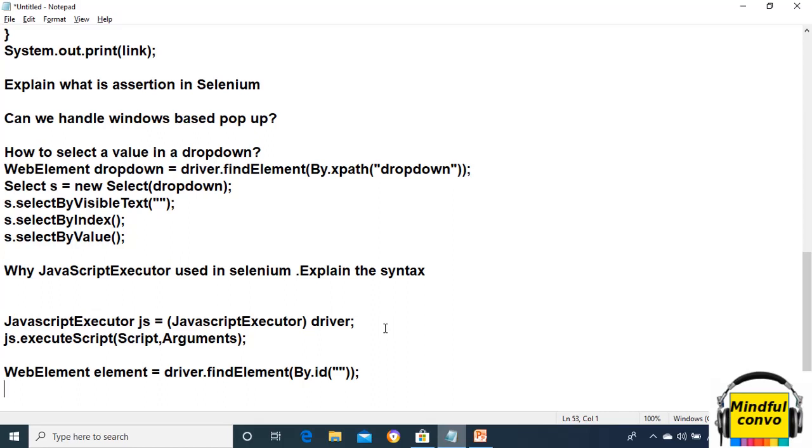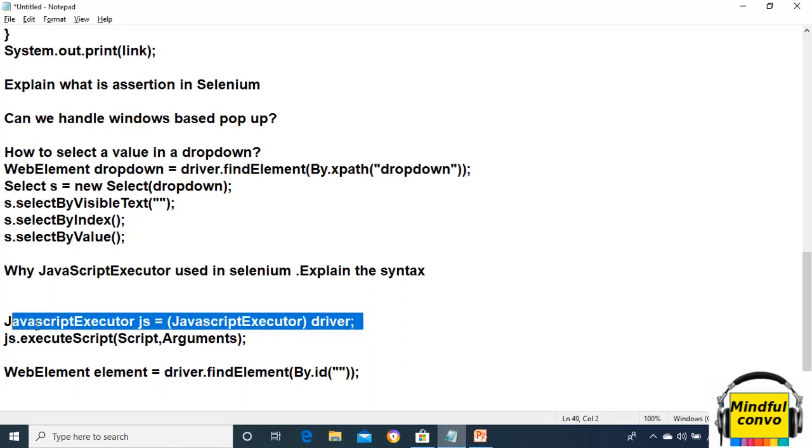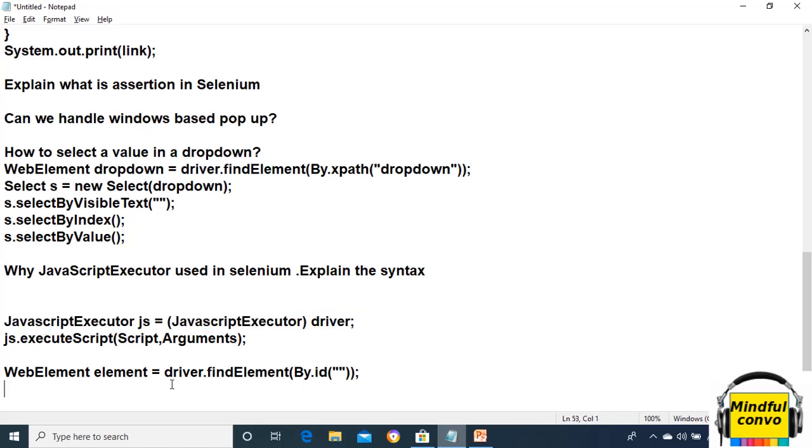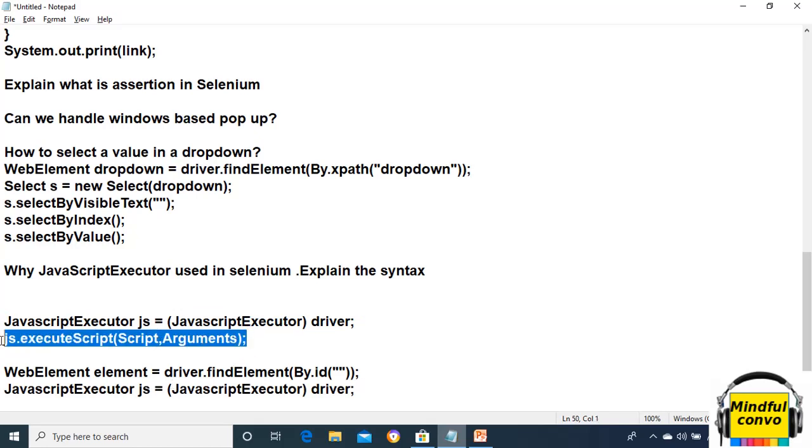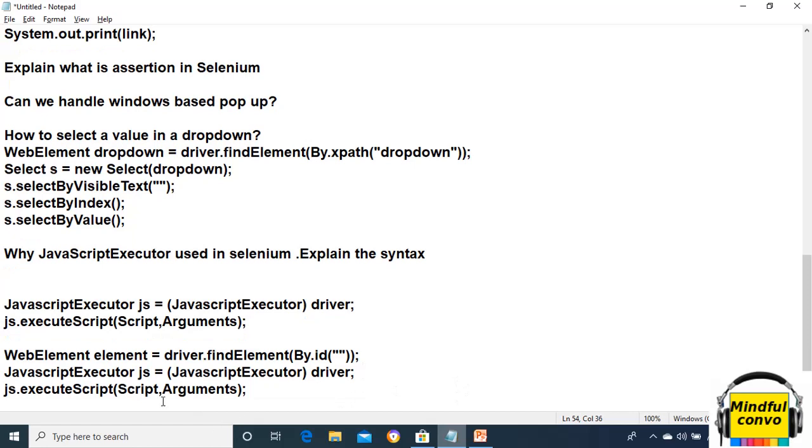We use the same syntax like that, and when we use this, we need to pass arguments[0].